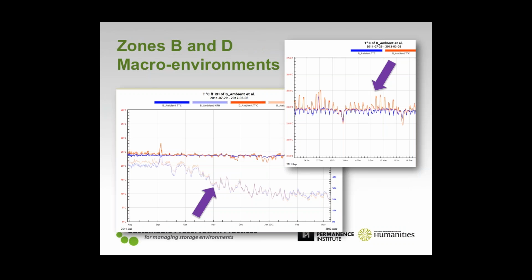What do we find? And this is looking at those macro environments again, and I realize we're taking 2 different views here. We've got over here a temperature graph just looking at ambient conditions. This is Zone B and Zone C, 2 different parts of the building over at RIT's libraries. So notice in this particular case, we've got one space that has these nightly shutdowns or these nightly temperature fluctuations that they're dealing with. Not a whole lot of fluctuation there. By and large, even less than a half a degree Celsius per night, but the fluctuation is there. And we also see the same in the other zone where the temperature would drop a little bit during the